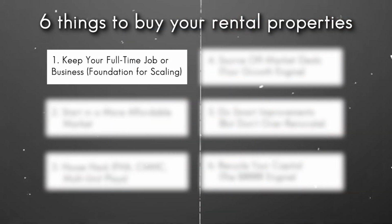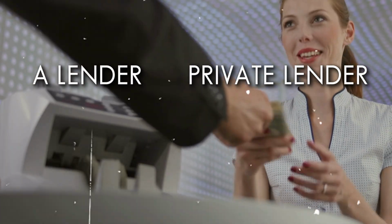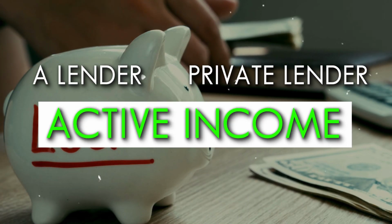Step number 1, if you have a full-time job or a full-time business that you're operating, make sure you keep them. It's really important for you to still have that paycheck coming in because guess what? The banks love it. All the lenders, from A lenders all the way to private lenders, still pay attention to your active income. Private lenders maybe have a little bit of flexibility, but you can negotiate a way better rate if you still